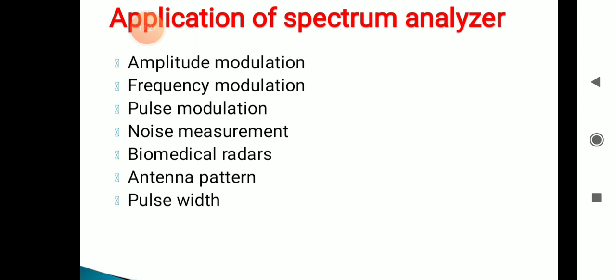So these are some specifications with respect to function generators. And in the spectrum analyzer, you can use the frequency, you can use the amplitude, and also you can use the bandwidth. So these are some specifications which are related to your spectrum analyzer as well as the function generator.